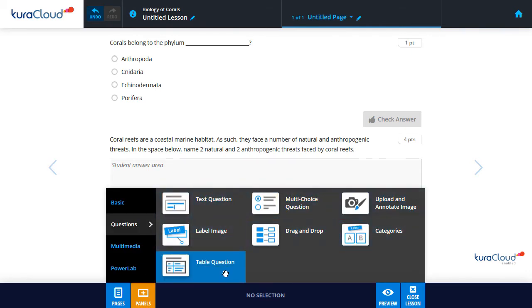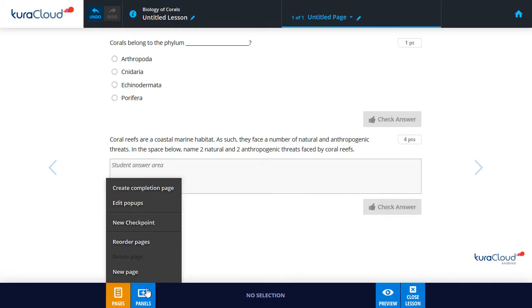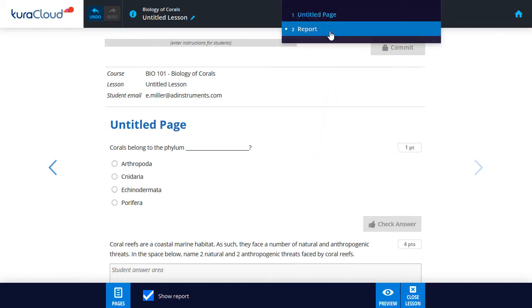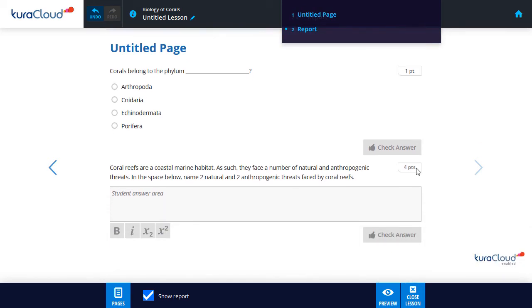Now we should probably talk about completion pages. You can think of these as being the digital equivalent of a student turning in or handing in their assignment. To see how this works, I'll add a completion page from the Pages menu. A completion page is added to the end of the lesson. In this example, we don't need to see a summary of all of the questions the student has answered, so